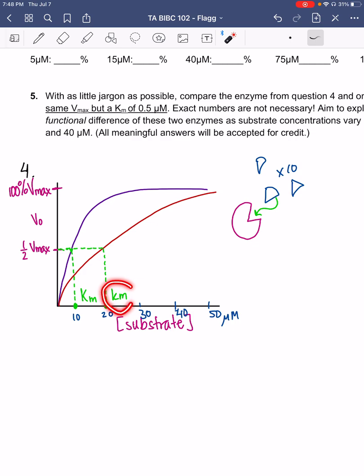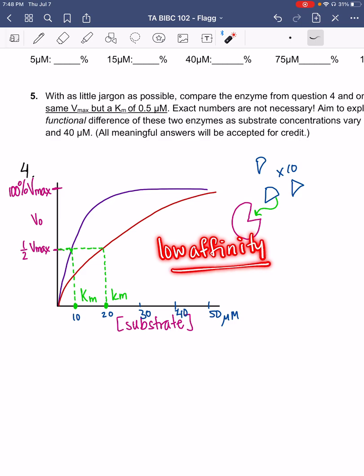Even though it has a large Km, meaning that it needs a lot of substrate, it doesn't have high affinity for its substrates because it needs so much of it. Whereas this one needs only a little bit to work at the same 1/2 Vmax. This one needs twice as much substrate to work at 50% of Vmax, meaning that this red enzyme has low affinity